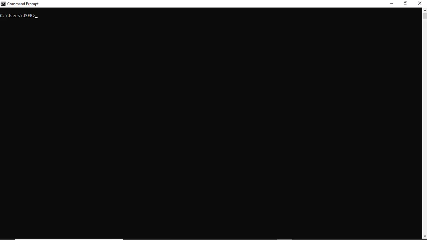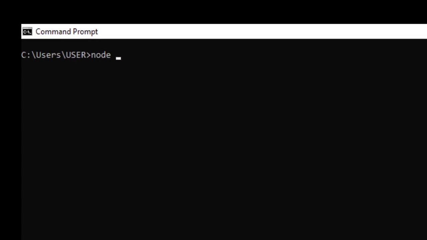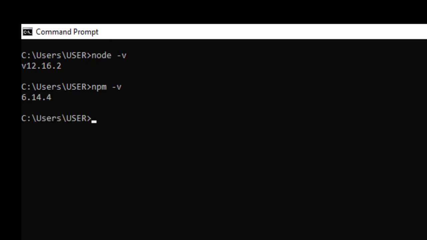So in case you want to cross-verify whether you have node or not, just type node -v and you will see the node version. If it is giving you that, it means node is installed, otherwise you need to download Node.js and install it. Okay, and you can also check npm. By default, when you install node, npm also comes automatically.